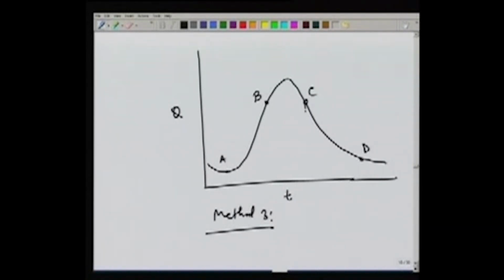So what we do in this method is extension of base flow backward